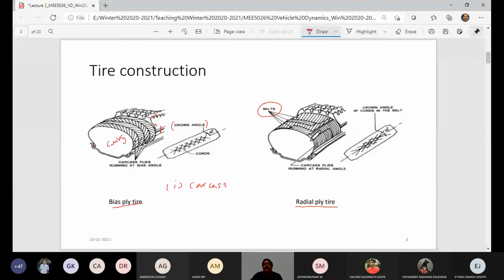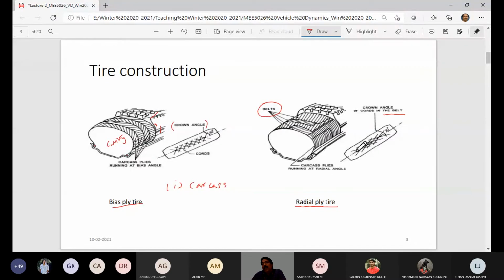So you see the plies and the sidewalls. After that there are belts on the tread over this stack. There can be 2 to 3 belts according to the tires, whether they are for passenger car or heavy truck application. Accordingly, these numbers would differ. And you see the cords running here, these diagrams are in the belt, not in the plies. So there are plies and there are belts. The ply cord orientation, if you look at it, runs from bead to bead, at a 90-degree angle to the wheel central plane.